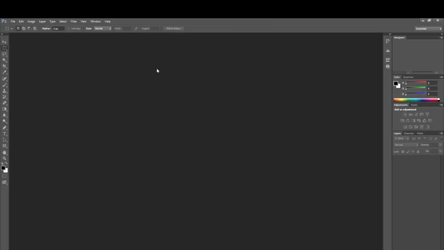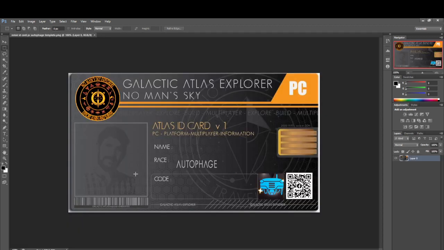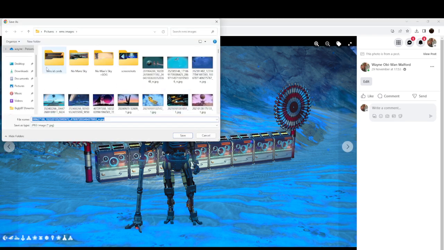So we've got Photoshop. I'm going to need the template. So open, and I'm going to use the new autophage card that I made for the autophage race. So I'm going to do my PC character on there, which my photo that I want is on Facebook. Now what you can do is you can save the image